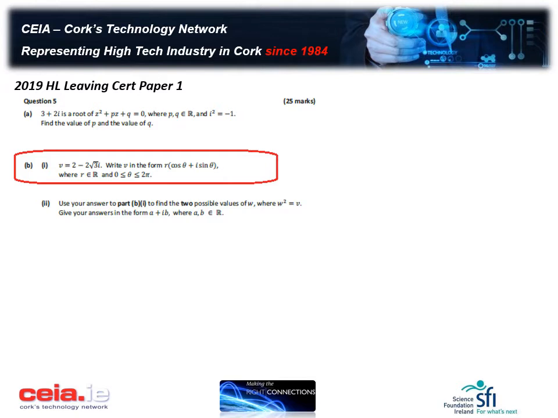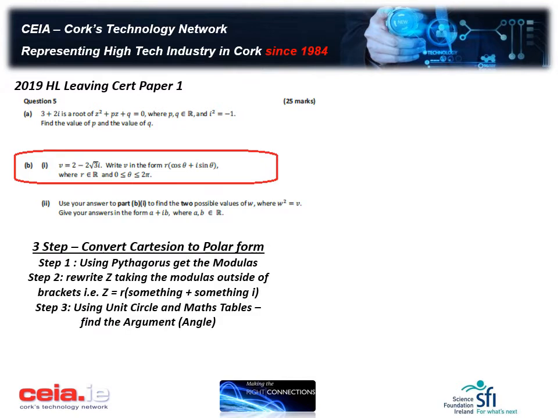So v is a complex number. It's equal to 2 minus 2 root 3i. And we're asked to write v in polar form, basically r(cos theta + i sin theta), where r is an element of the real numbers and theta is in the range 0 to 2 pi. So for the question, I'm going to give you the 3 steps we just talked about